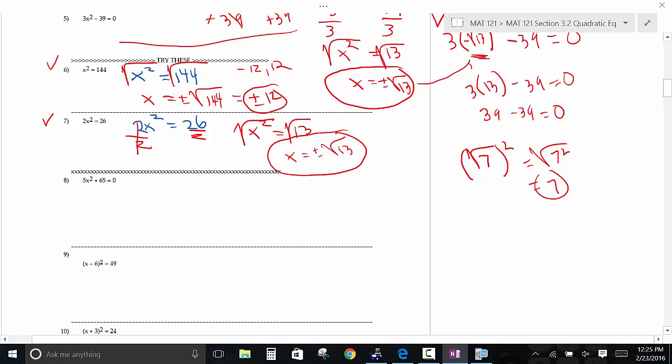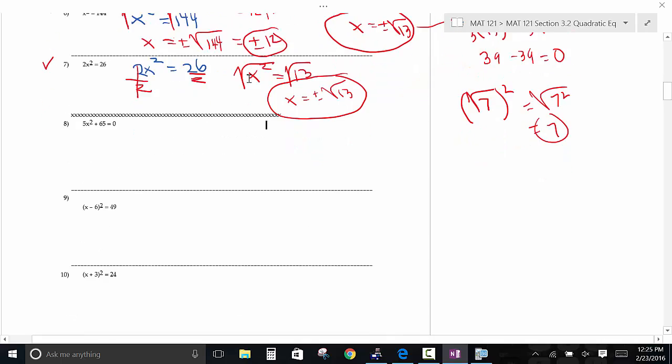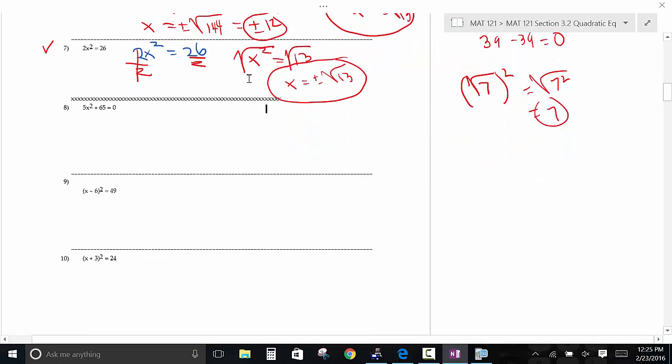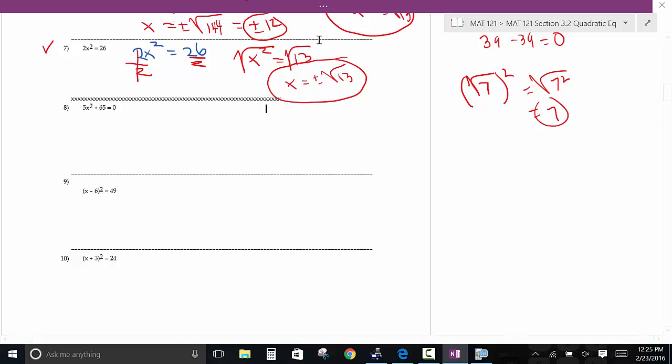Don't get your calculator out or anything. Just leave it alone. Okay? Radicals are radicals. That's the perfect form. Simplify them if you need to. Okay? All right. So this is called the square root property. We're going to look actually at 3 different ways to solve these things. This is the one that's the easiest to learn. Okay. So when we do this next thing here,